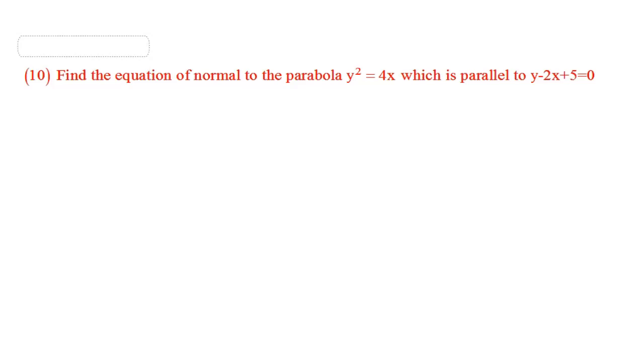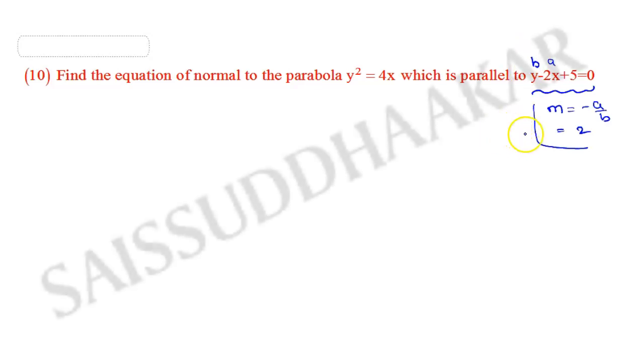Okay, so here the slope of the given line is what? Minus a by b in general. I am taking the slope of this line as m, that is minus a by b. This is a, this is b. That is equal to minus of minus 2, which is plus 2. The m value we are getting is 2. Here we only need the coefficients, so from minus a by b I got the m value as 2.